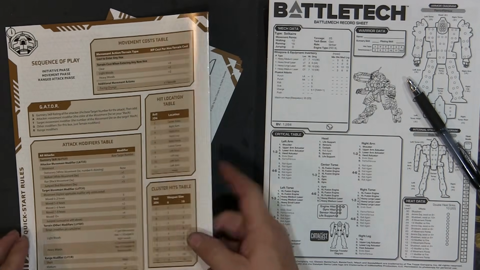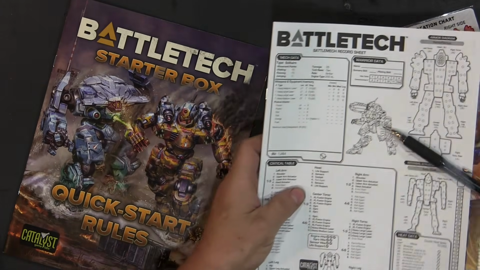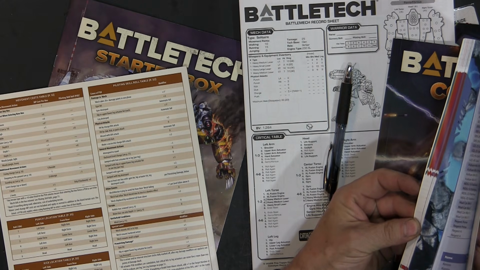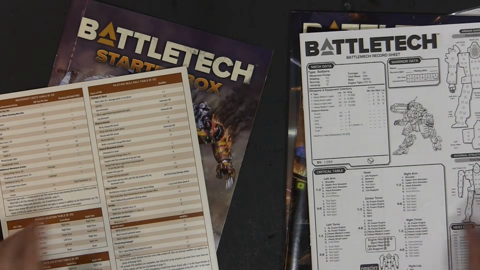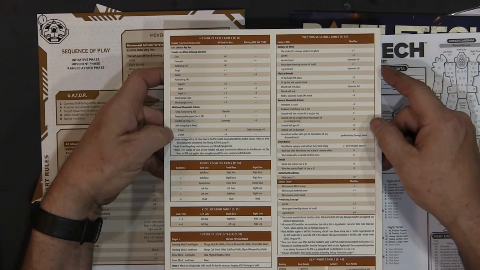I think this is about a 15-page rulebook compared to, I believe, well, I got ahead of myself a little bit, but I'm going to finish my thought. I believe this is like a 70-page rulebook. So the game is much, much different in that regard. Now, the other things that are different is, so as you can see here,